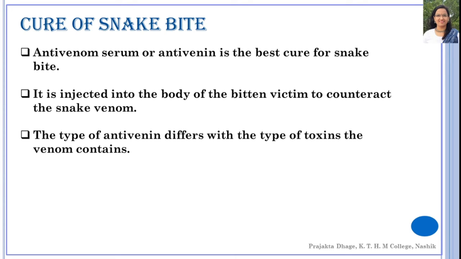Antivenin is made by injecting a horse with gradually increasing doses of snake venom until the horse becomes fully immunized to any amount of venom injected. Later, the blood serum of the horse is collected and preserved. The serum is antivenin that has enough antibodies to neutralize the effect of the venom against which it is raised.